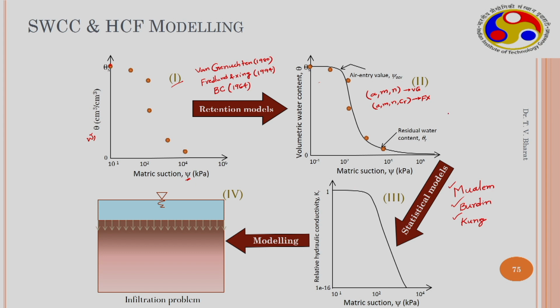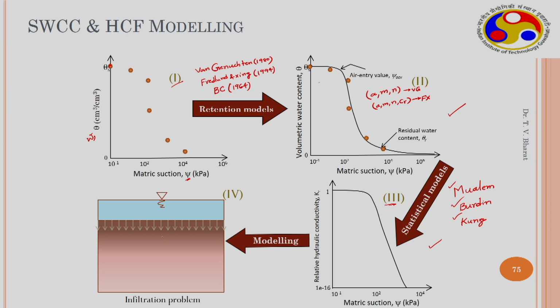So, once we have the SWCC model in the second stage and the hydraulic conductivity function in the third stage, using these two functional forms we can model the flow through unsaturated soils. Either it could be an infiltration problem through soils. As water infiltrates, the hydraulic conductivity starts increasing. So if we have wetting data, then we can directly utilize it, and similarly the suction value decreases because there is a suction gradient that exists within the soil mass, because of which there is a flow taking place. So therefore we can utilize this equation as well.